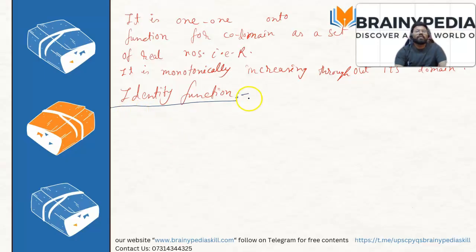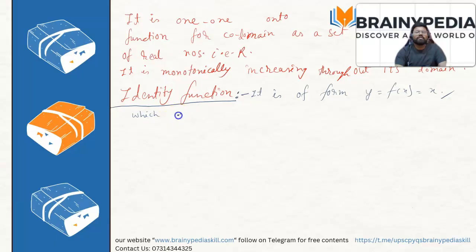So, the identity function is of the form y equals f of x, that is equal to x, which is a straight line passing through origin and having slope unity,